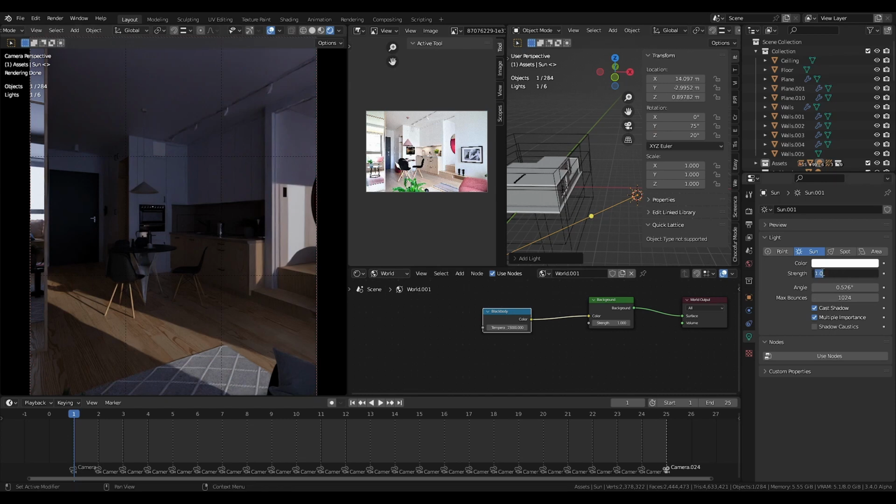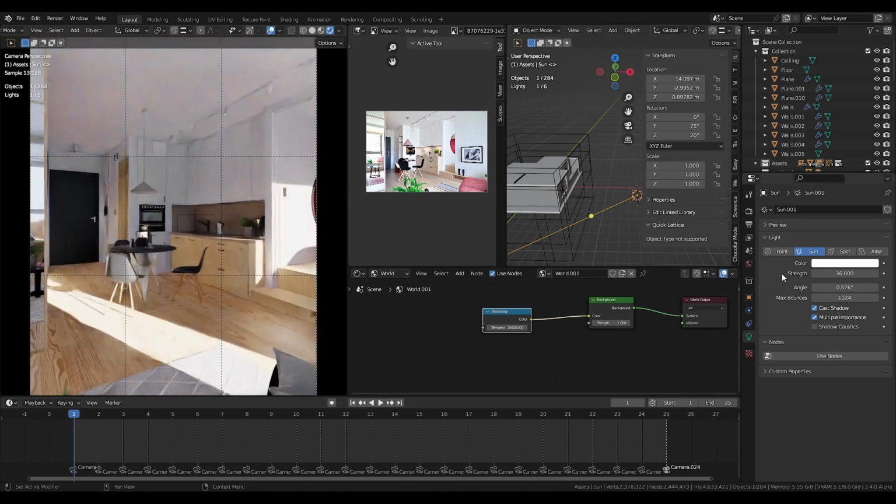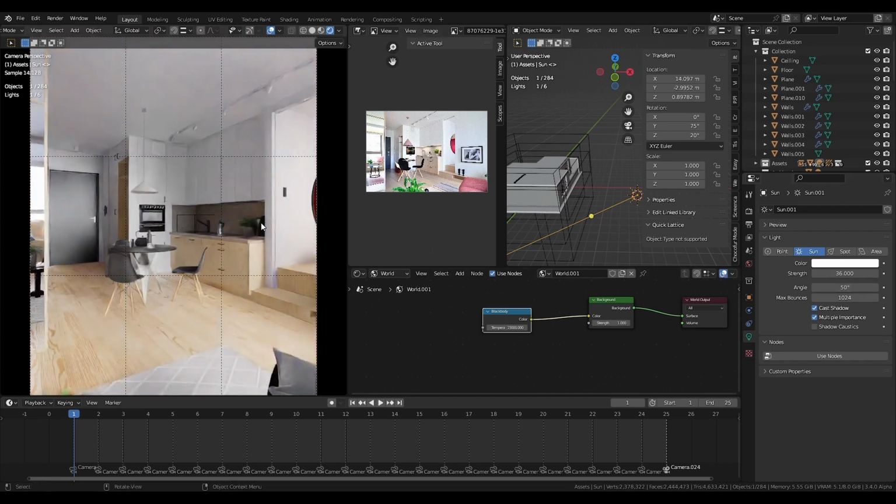so I will increase the strength. I will select the sun, go to the properties of the sun and increase the strength to 36, also the angle to 15 to have this overcast mood. So like this I